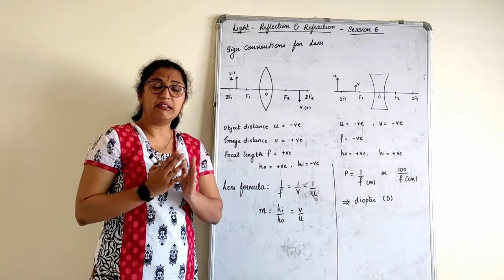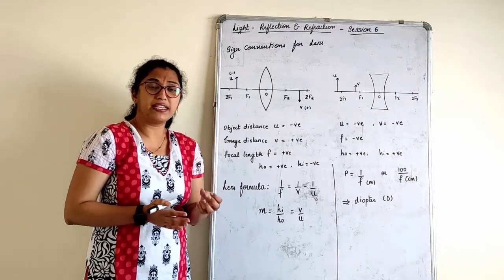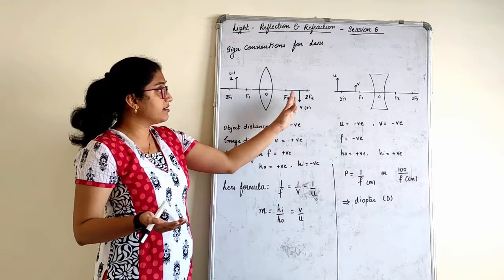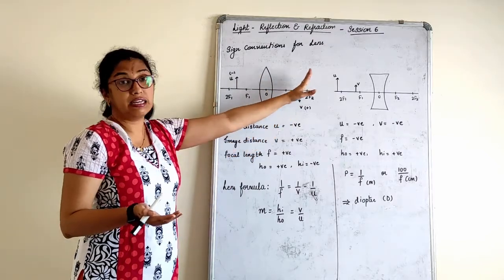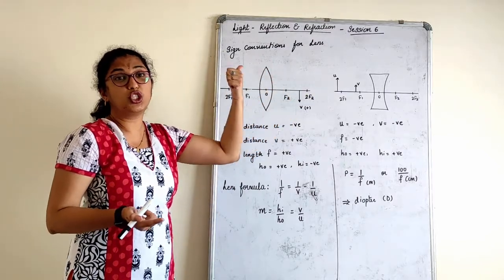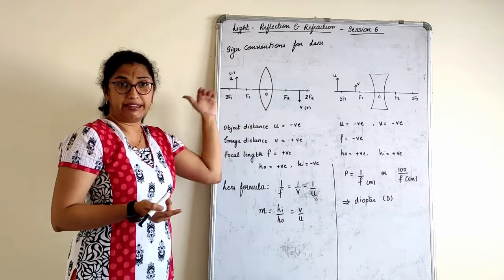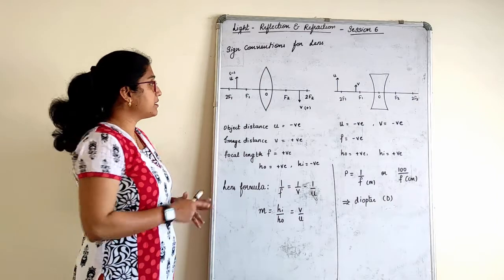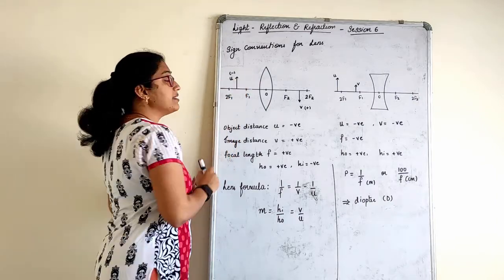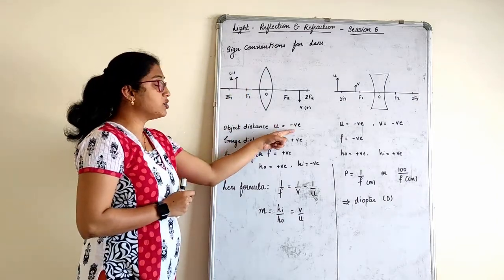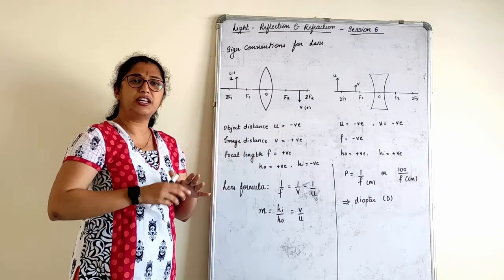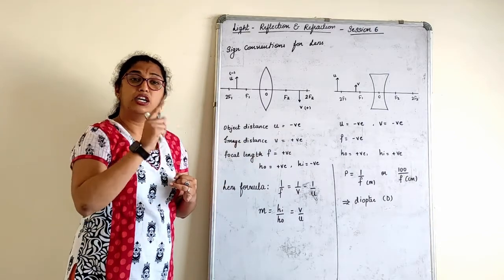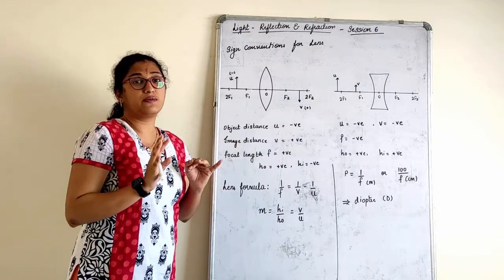Again the same thing: real, inverted images are always positive, since we get the image here. The image distance is positive; virtual and erect will be negative. Let's see. This is a typical form of a ray diagram. So what will be the object distance, children? Object distance u will always be negative. Remember, u is negative for mirror, concave, convex as well as for lens.